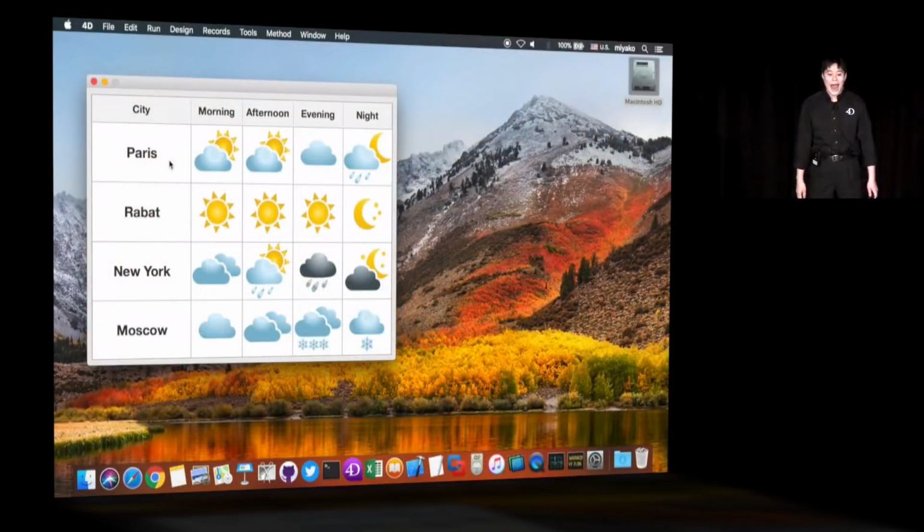Now here we have a list box displaying the weather forecast for several cities. As the mouse pointer slowly moves across the rows, you'll see that help tips are displayed, and the content of that help tip is dynamically changing to correspond to the weather symbol displayed inside each cell. Now you might think that each of these cells have their own help tip defined, but actually that is not the case. When you go inside the object method of this list box,